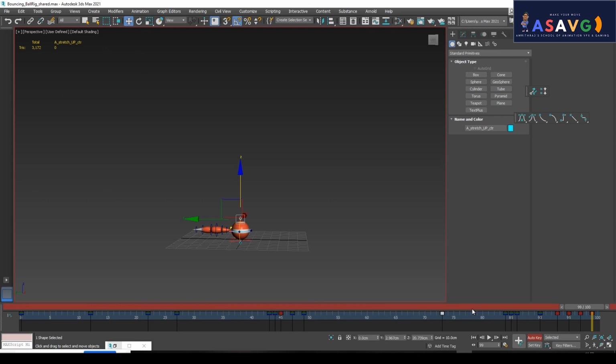If you are taking a somewhat bigger weight, what will the timing be? If you are taking a simple light weighted ball, what will the timing be? While jumping, while walking, you should understand what your weight is, and make it believable only with the help of the graph editor as well as the timeline. So understand, right? Okay.